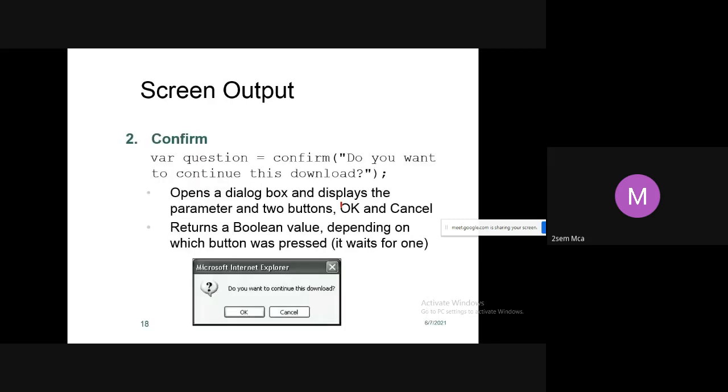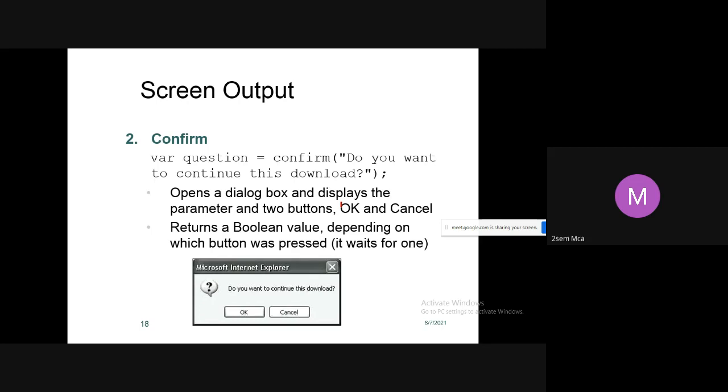So next we have a confirm. Many times when you download some document, or when you want to save a file, you'll get two options: click on the OK button or click on the cancel button. The same thing when you want to download some file.